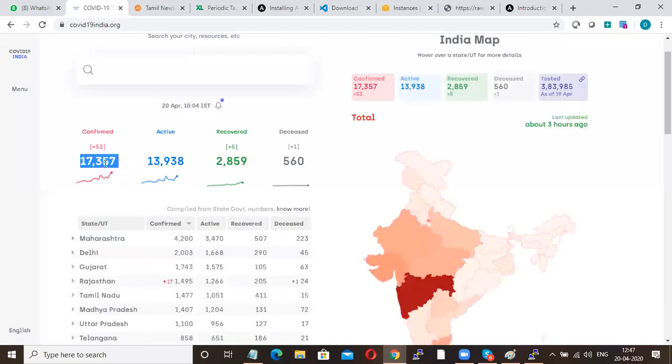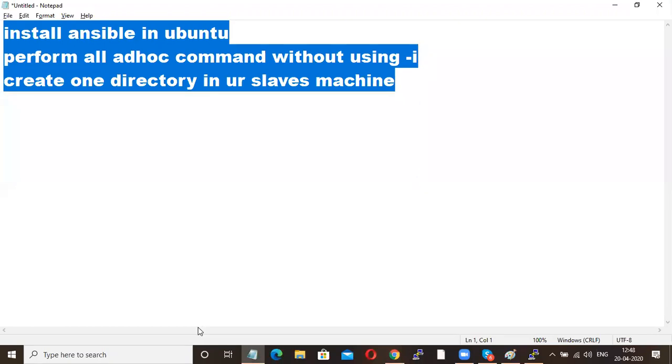It has gone till 17,000. I guess we have to be in lockdown till June. Again, here 83 people are there, right? See, right now the openings are a lot.